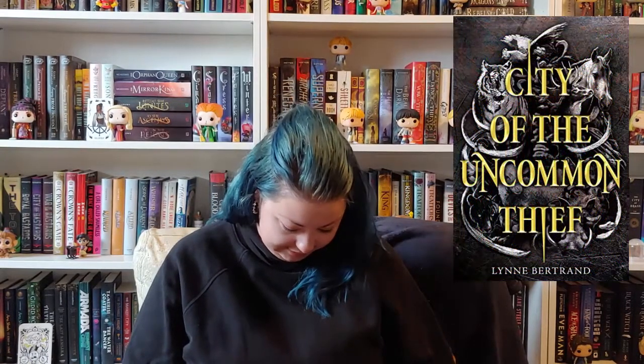City of the Uncommon Thief. I really like the design, all of the elements of it. There's all those animals going in and around it. I like the typeset of the font of the title. I'm just not totally sold on the colors. I don't know what this will look like finished if they don't do anything. If they print it on plain whatever, this is not going to translate well, I don't think, because there's a lot of shadow effects that I don't have a lot of faith are going to be printed the way they should to show off all the details. And also it just gives them another excuse to put a dust jacket on a plain black book underneath, which